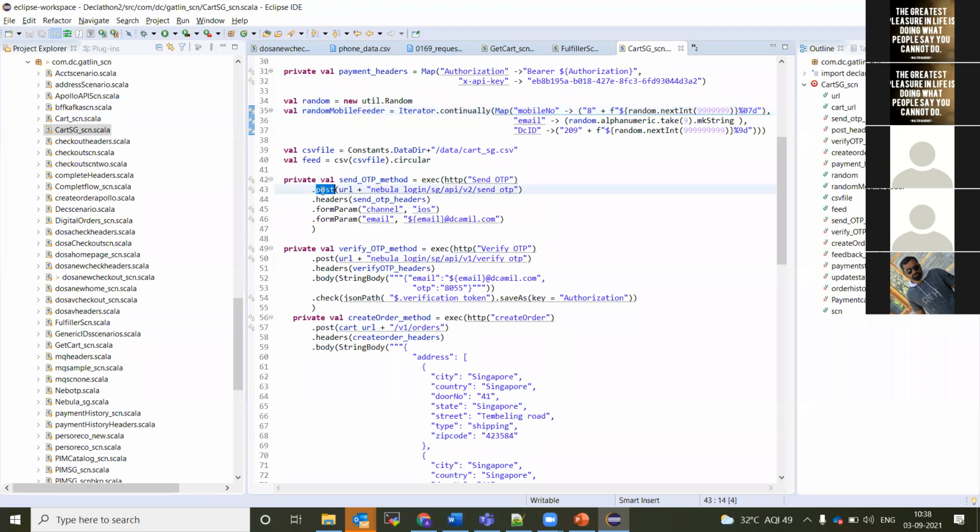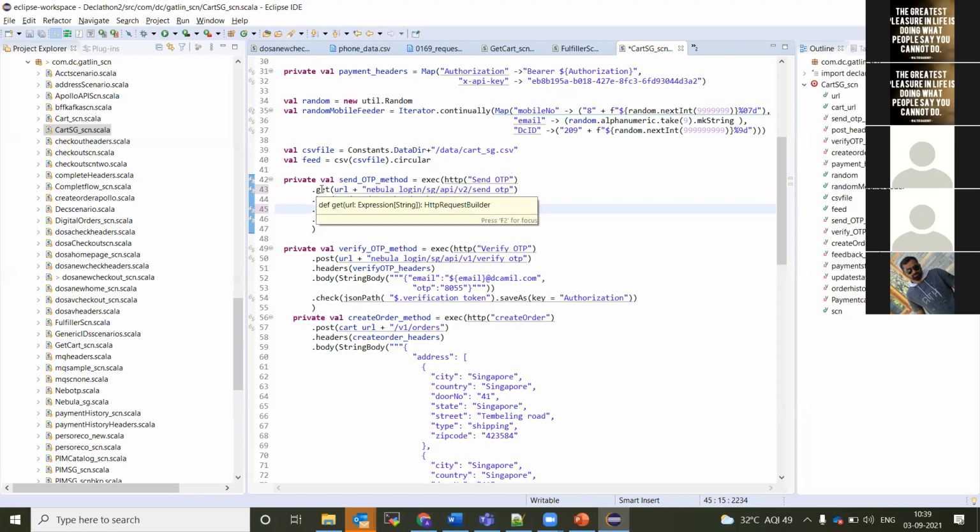For the get request, instead of post we'll have get here, and instead of form param we have to give query param. So these are the two formats for writing the body for the request to the respective endpoint. For a get endpoint it is dot query param, and for a post endpoint it is form param. Apart from that, the third one is the map format. You can create the map and send it as key value pairs.